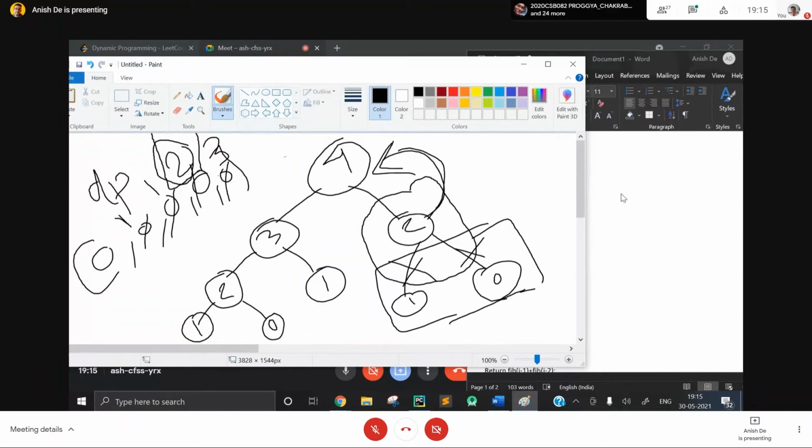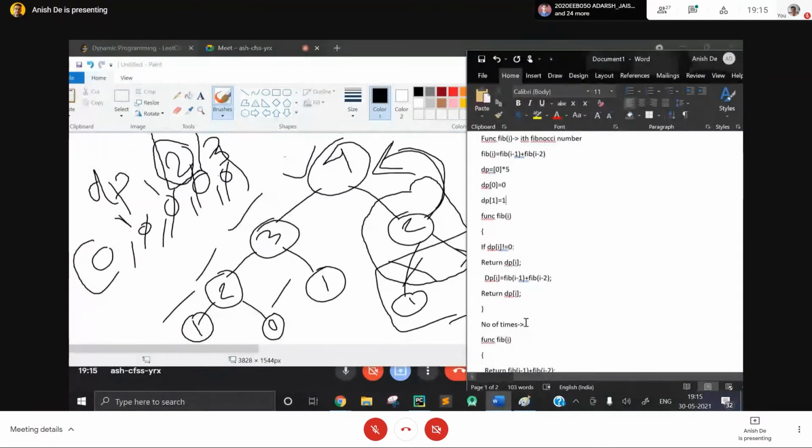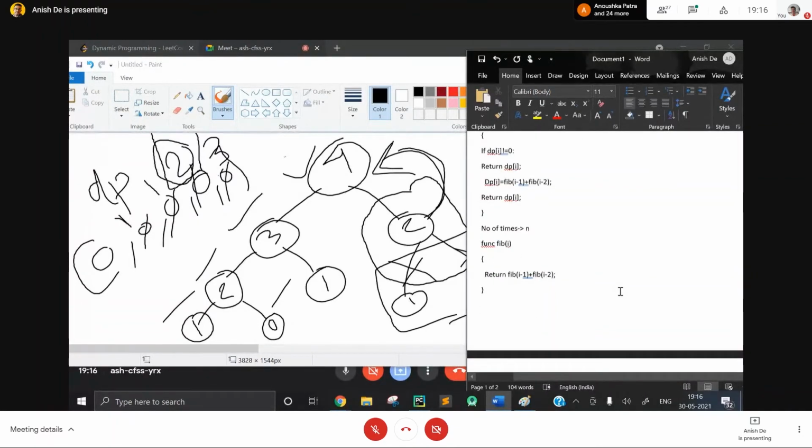So number of times the function will be called: 1, 2, 3, 4, 5. 5 times. So it's n. If we consider from 0, we are calling the function 5 times. So it's n plus 1, or it's basically of the order of n. So the time complexity will be